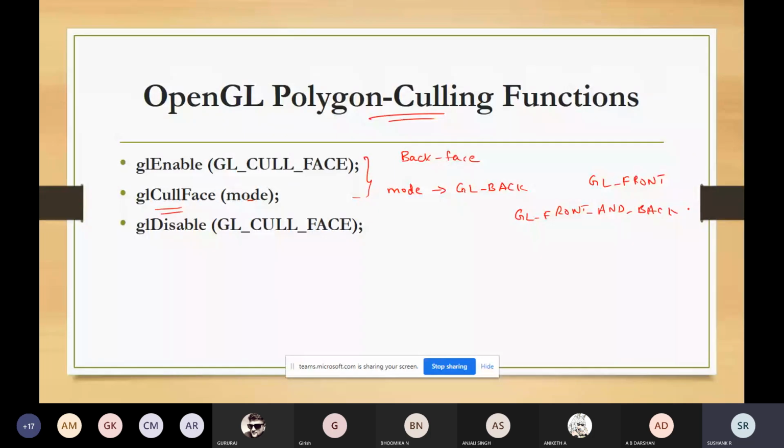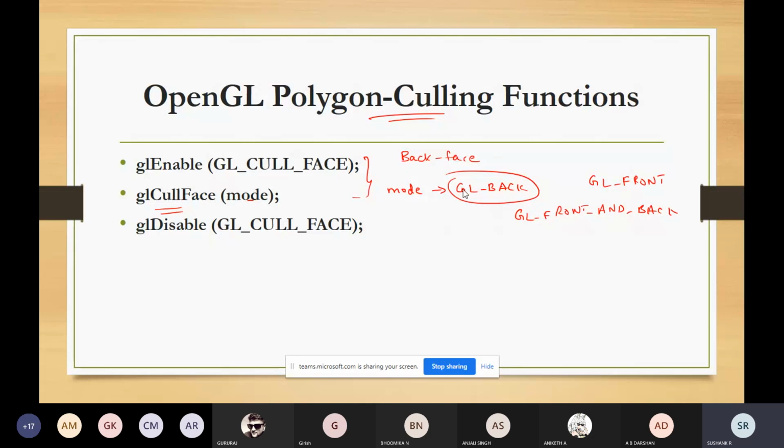You can also use this constant inside the parameter called mode. By default, the default value for this mode is GL_BACK.